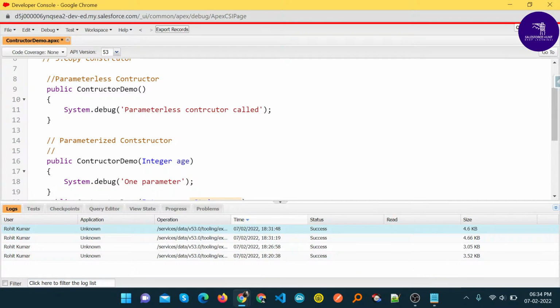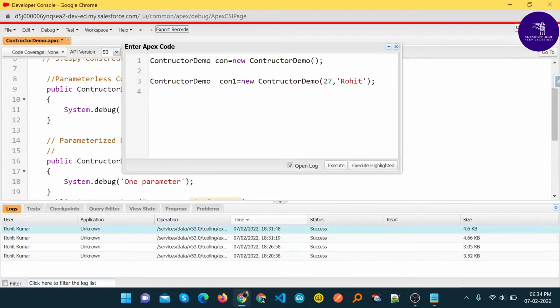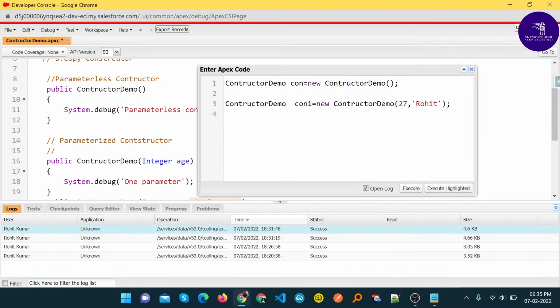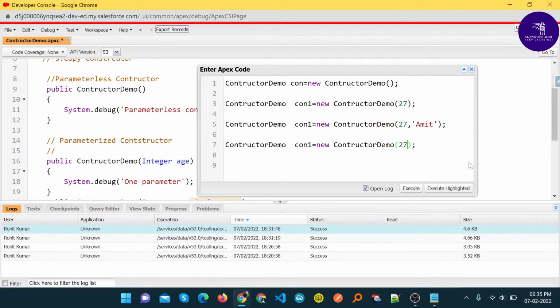So how do we execute this one? Same thing here under this anonymous window. First of all, I want to define only one parameter here. Again just copy this one and paste it. This time I pass two parameters, let's say Amit, something like that. And again you paste it, and this time I want to find out three parameters under init. Just focus on that, like true, right here. So this is all about constructor overloading, right? You can execute with the help of this button, that is called execute. So just click this execute,